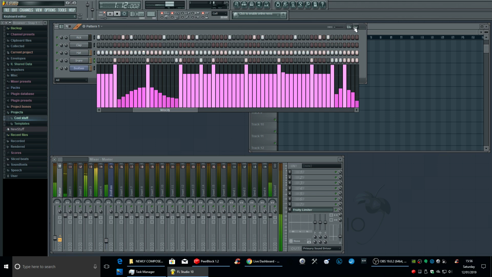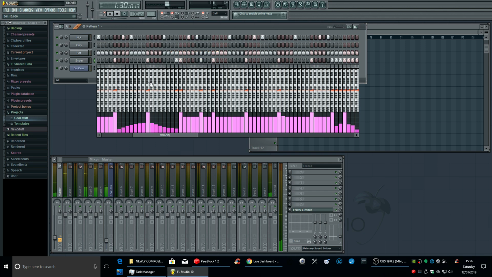And then you've also have this, which is the key. If you want to change it, watch what happens. You can change the actual key of the, you really can mess around with the sound.